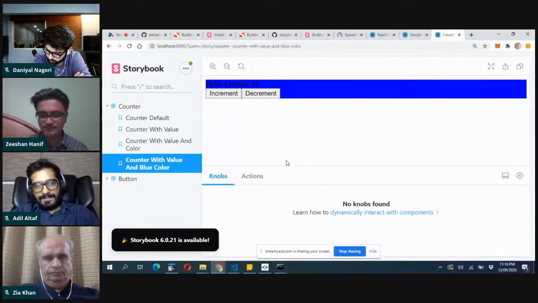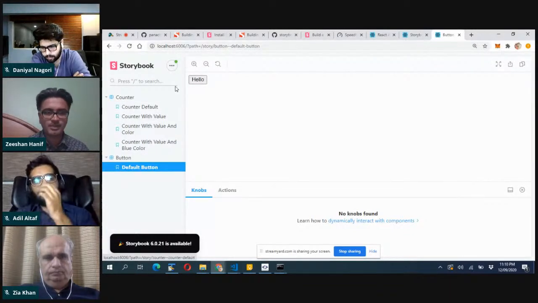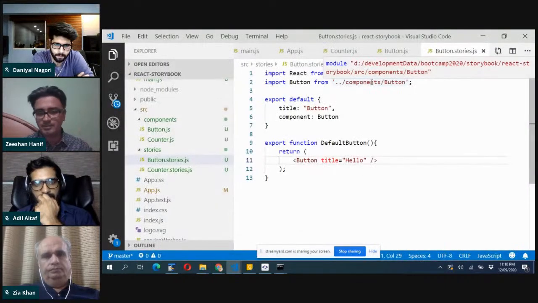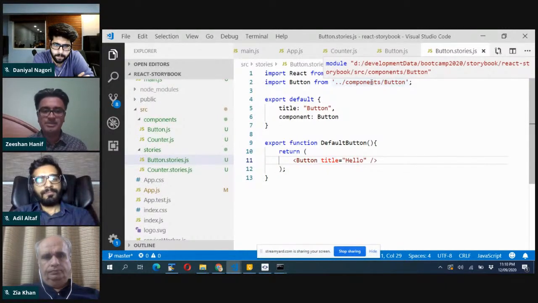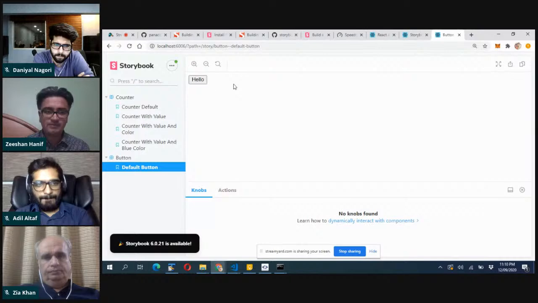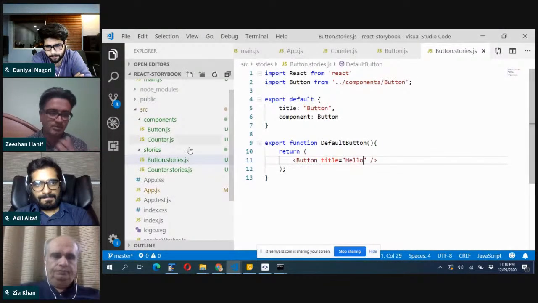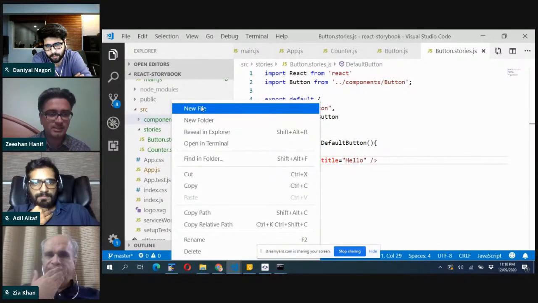Now you can see we have another story named button and it has a default button. So instead of going into the page and displaying where that button will appear, how that button will work, we are directly displaying that button as a component and we can use whatever we want. Let's say I want to style that button. So what I'll do is I will add a CSS file,